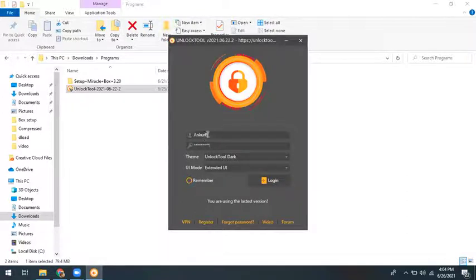Simply type your username and password and click on the login button. UI mode is extended mode, and you can use theme mode as well as Windows mode or unlock tool mode.